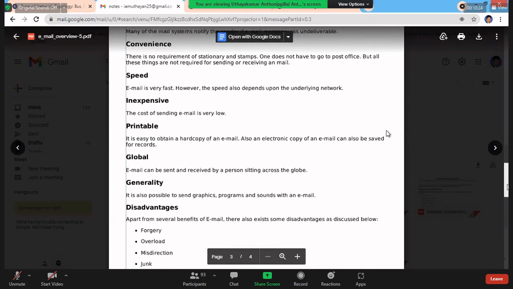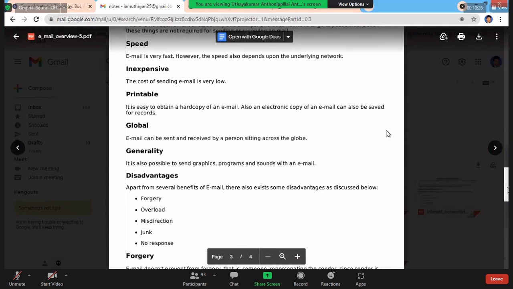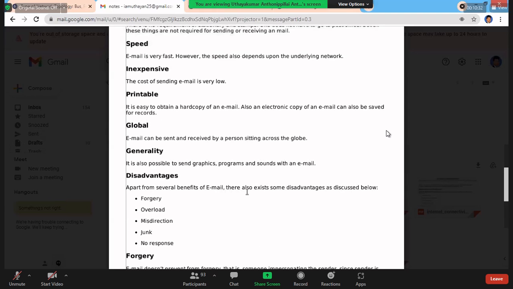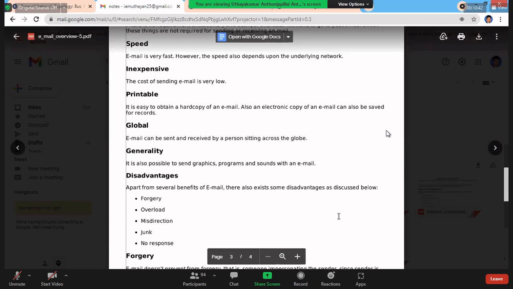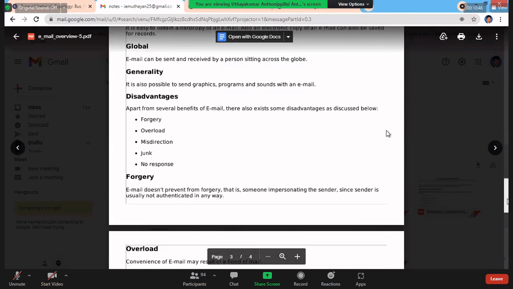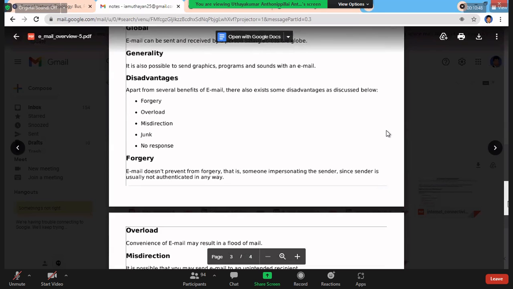These are the advantages; disadvantages are also available. Apart from several benefits of email, there also exist some disadvantages, discussed below: robbery, overload, misdirection, junk, and no response, right? Sometimes someone receives a mail and does not give a response, so that is one drawback.